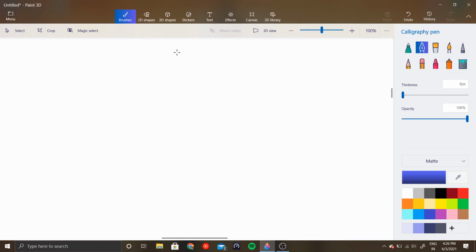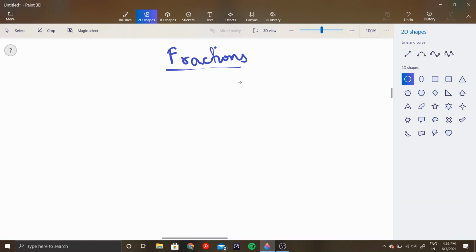So today we learn what fractions are, we learn how to deal with different kinds of fractions, how to solve sums related to fractions and much more. Okay. So before going into the details and the mathematics behind it, I want you guys to have an intuitive understanding of what fractions actually are.